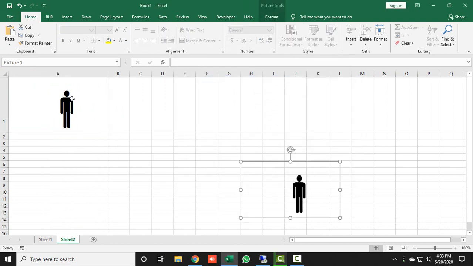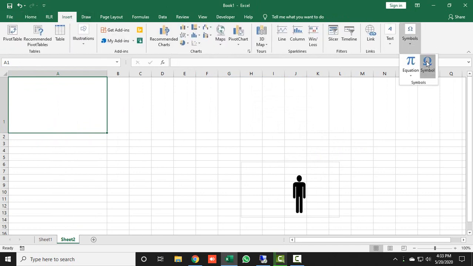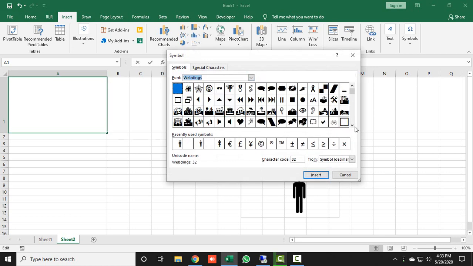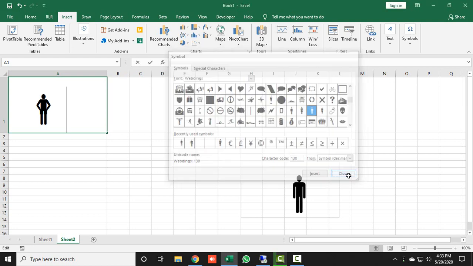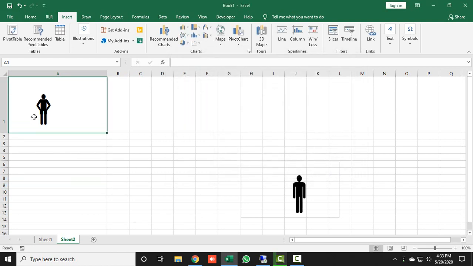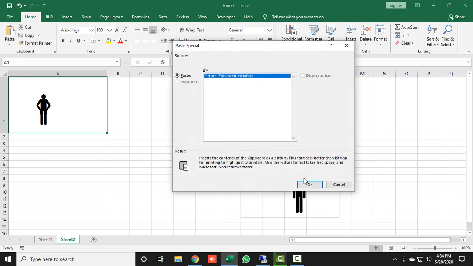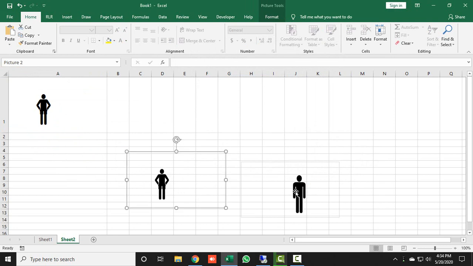Alright, now select this A1 cell, copy it as picture and paste it also as picture. So now you can see this cell icon is converted into a picture. Just select the A1 cell and remove this. Go to the Insert tab again, Symbol, Symbol, and type Webdings here, scroll down and select this one, which is Webdings 130. The previous was 128. Now select it also, copy as picture, and then paste special and paste it also as picture. Alright, so both shapes are ready.